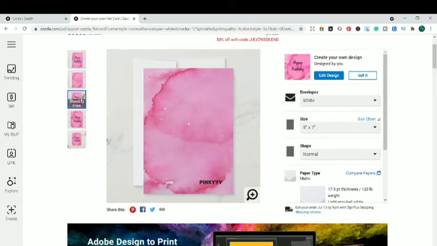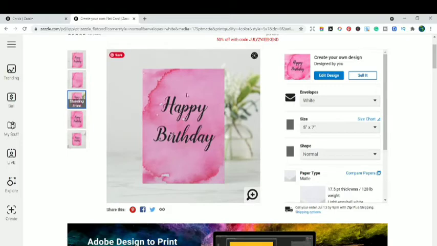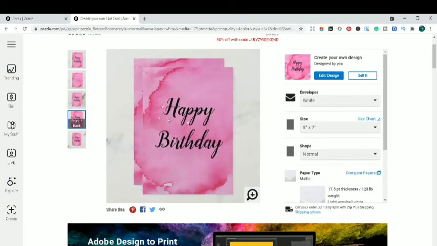And this is the standing front. You can see the different kinds of mock-ups, how your card is going to look in the mock-ups, the front and the back. You can take a picture or a screenshot of your card and share it on social media or on Pinterest to promote your own products. And this is the way to do it, guys. You can see how awesome your card is looking. I really loved it. That's why I chose the watercolor texture.